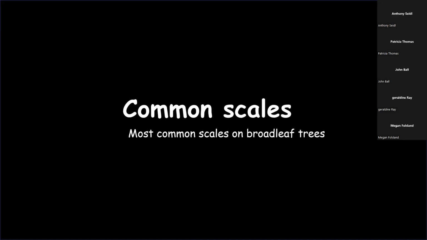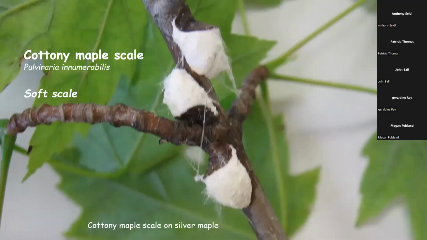Let's take a look at some common ones. We've got about 8, 4 on broadleaf trees and 4 on conifers. And by the way, these are the bulk of them in our state. We're fortunate we don't have a lot more. We do have a few, so I'm not saying we're talking about all of them, but the nice thing about South Dakota, we can actually cover the vast majority of them here.